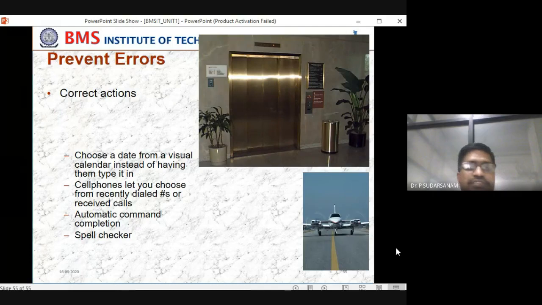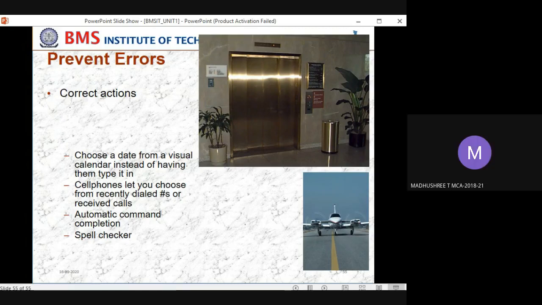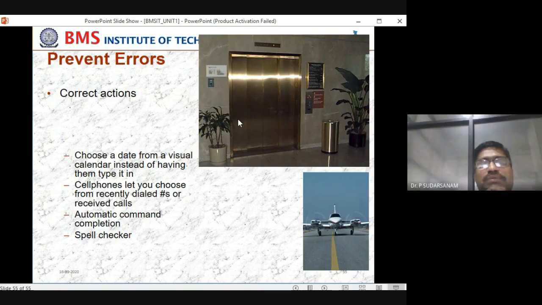What diagrams are you seeing there? Are you seeing any diagrams here? Okay, Madhushree, what type of diagrams are you seeing here?